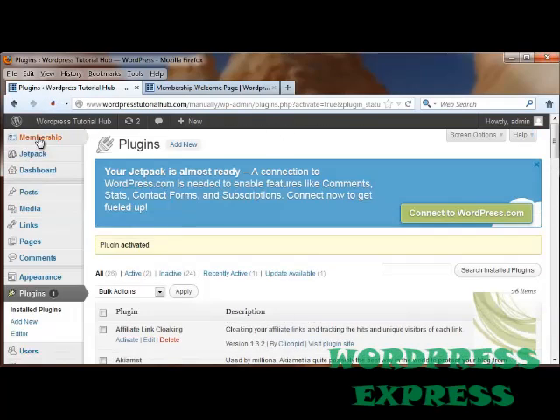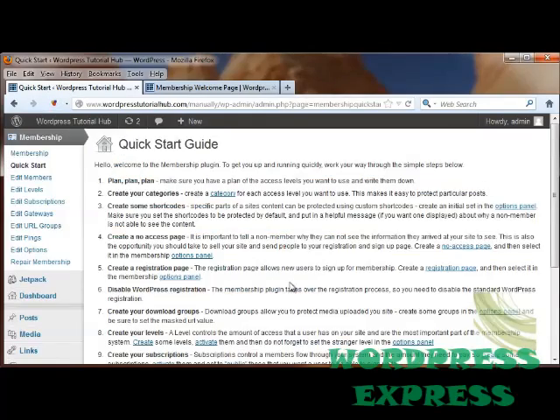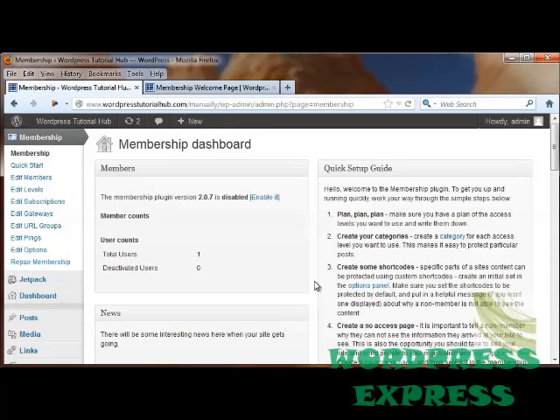Now you'll see that at the top we've got a membership tab, and this allows us to do a quick start. Let's go ahead and click on the quick start, and this gives us each step we're supposed to take to go through. So the first thing that I'm going to do is create a category. I'm going to go into my membership tab first, and this is our membership dashboard. And you'll see here on the right hand side it also has the quick start guide that it had put in before. I'm going to go ahead and click on Enable It,